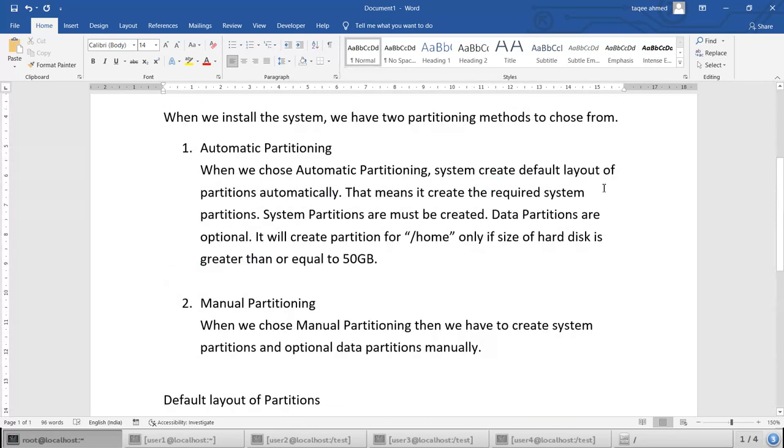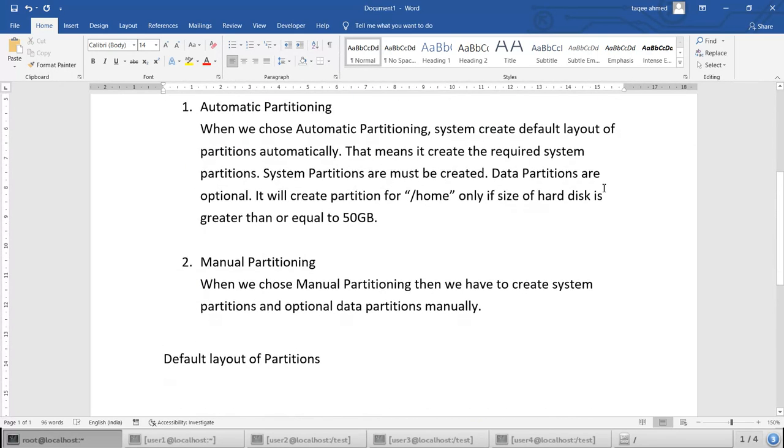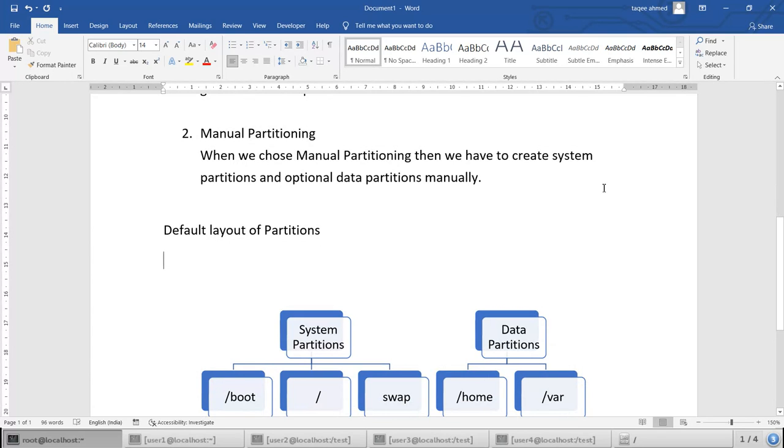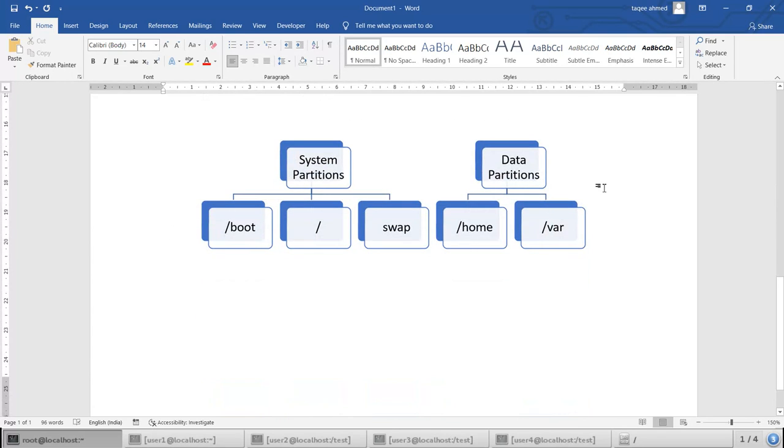This is the default thing when we install the system. Now we will see how we can manage these partitions after installation also. If you want, you can do it at installation time, when you are installing the system, then you can do whatever you want. Apart from the system partition, you can create as many partitions as you want. Now, because the system is already installed, we will see how we can manage the partitions here. And I think we will see this